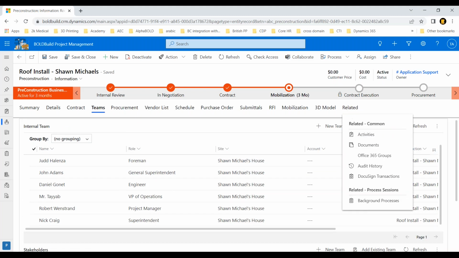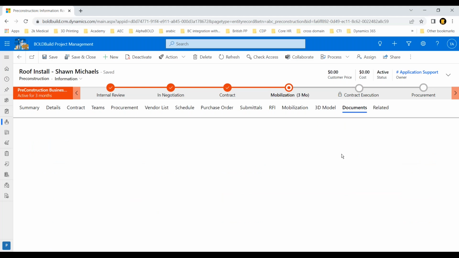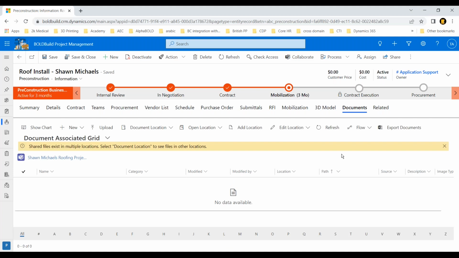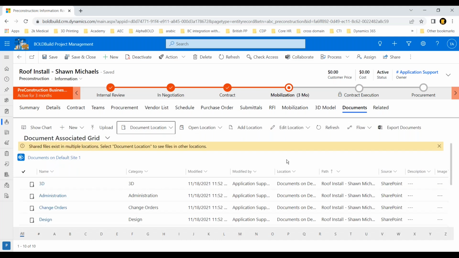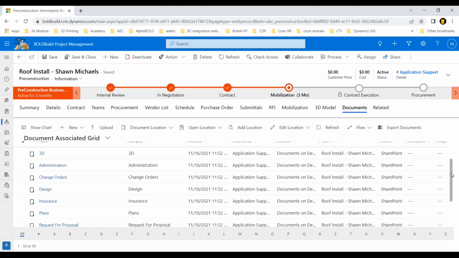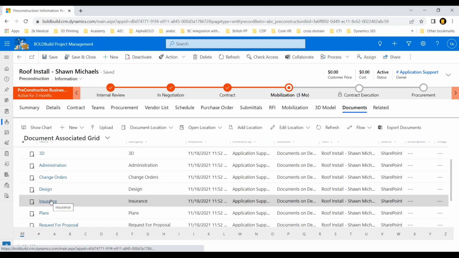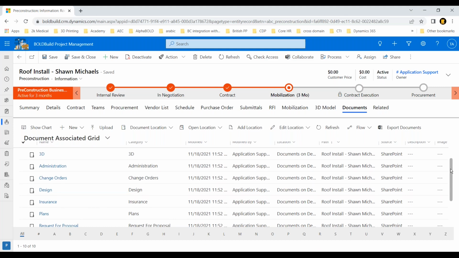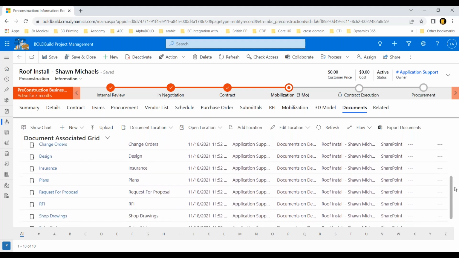Now, the other piece I want to show you is the whole document management piece. Document management is huge. Why? You have insurance documents that you want to save, and you want those to be easily accessible throughout the course of this project. So within BoldBuild, we have this module that allows you to save all these documents. And you can have all these folders templatized and created. So for example, you see I have an insurance folder. All the insurance documents would go in here. All the documents that BoldBuild generates automatically, like the proposal, are also saved automatically in the right folder. So you don't have to go search for it.